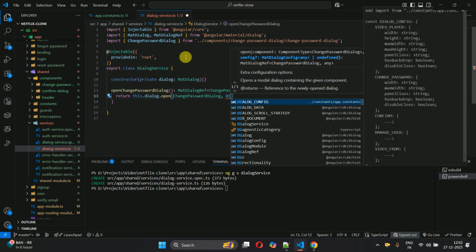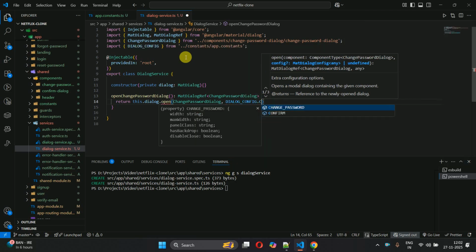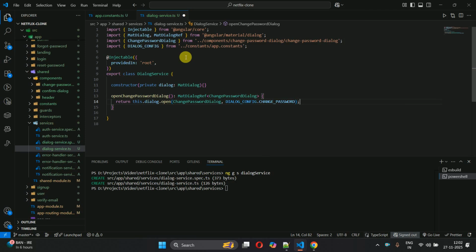So dialogConfig, and then we have to pass the change password config, and after that we also have to write the code to open a confirmation,